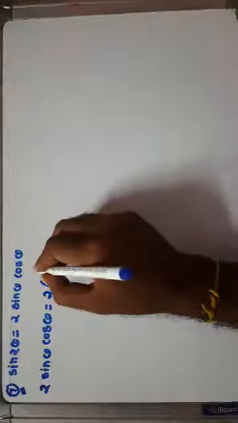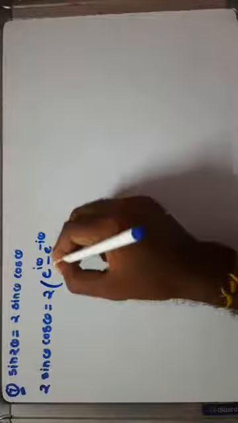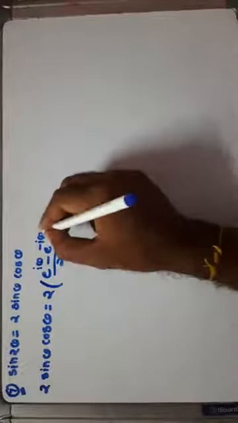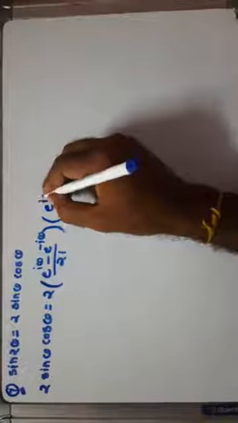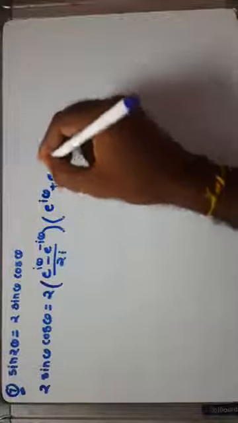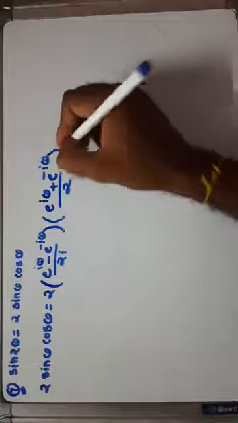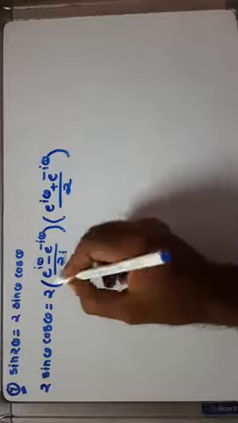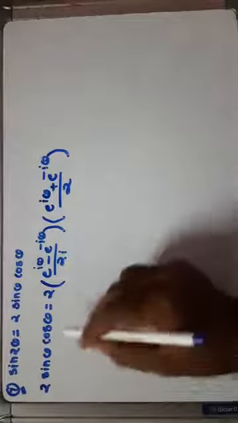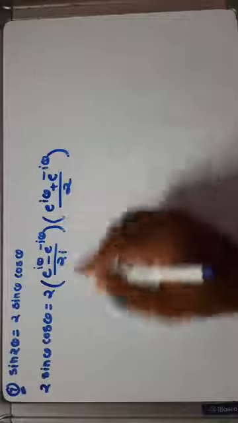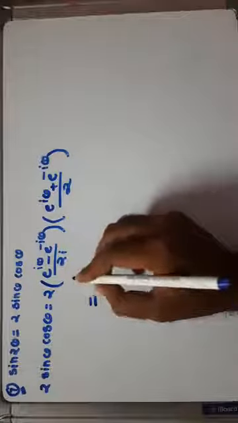Sin theta is equal to e raised to i theta minus e raised to minus i theta divided by 2i, right? And cos theta means e raised to i theta plus e raised to minus i theta divided by 2. Okay, here we take the right hand side and use the trigonometric functions, sin theta and cos theta, as this one. Okay, then that 2 as it is